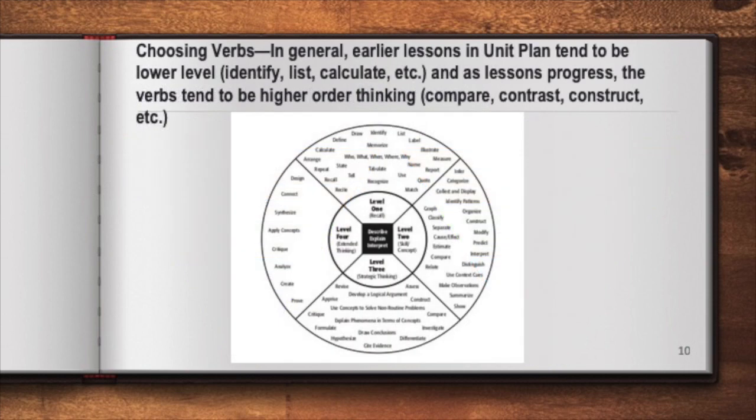In this slide, we are going over Webb's depth of knowledge. But please note, what we're doing here, we can also do with Bloom's. I find that it's easier to explain Webb's depth of knowledge with what we're about to talk about when it comes to learning objectives. Typically in a unit, you can have anywhere from 3 to 10 or even more lessons. However, developmentally, your first lesson should be lower level thinking versus your final lesson, which should be higher order thinking. So think about your unit, how many lesson plans you have, and what kind of learning objectives you are going